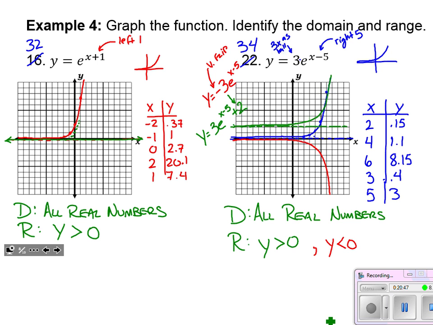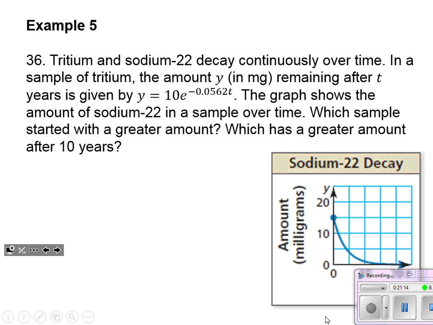What would that do to our range? Well, it would make it so that it's all y values that are greater than, again, it's above this asymptote, but now it's a height of 2 that the asymptote is at. So just a little bit of an indication of how our range may change based on what we see in the function. And again, we're going to go into much further detail with this concept once we get into our transformation section. So don't worry about that now. I just want to explain it well initially.